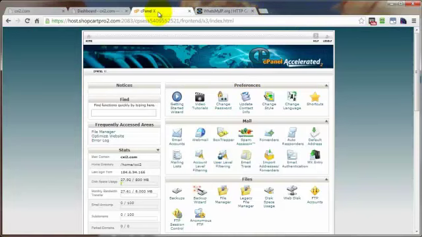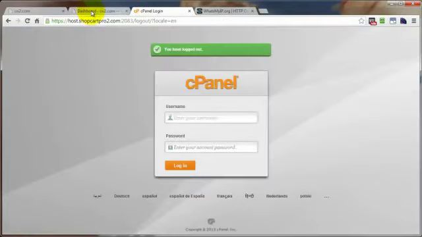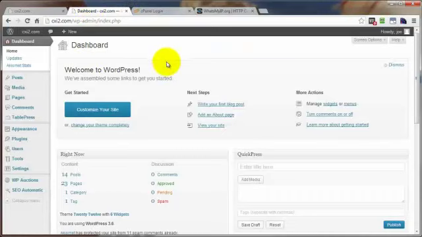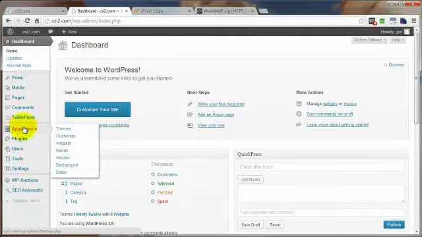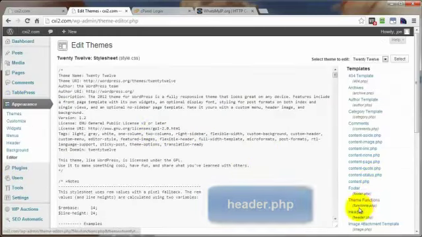Get out of here. And we're pretty well done here as well, so I'm going to go ahead and log out of here. So what I want to do at this point is log into the dashboard area of our WordPress site, and I've already done that. And if you're not familiar with how to do that, there's plenty of tutorials online. Basically, you just put in your URL /wp-admin. You'll probably be prompted to enter your username and password, and then just log in, and you'll end up somewhere like this. At this point, you want to come into the Appearance panel, go down to Editor, and you want to come over here to the far right and click on Header, so that will bring you to the